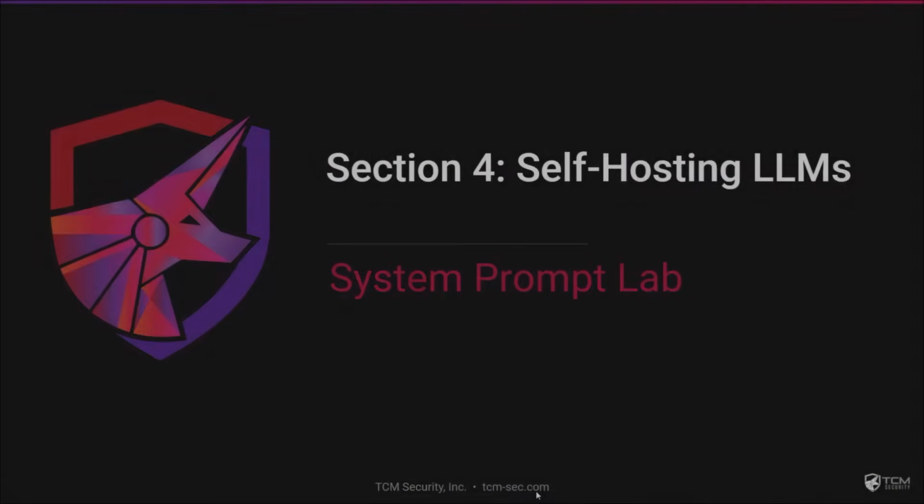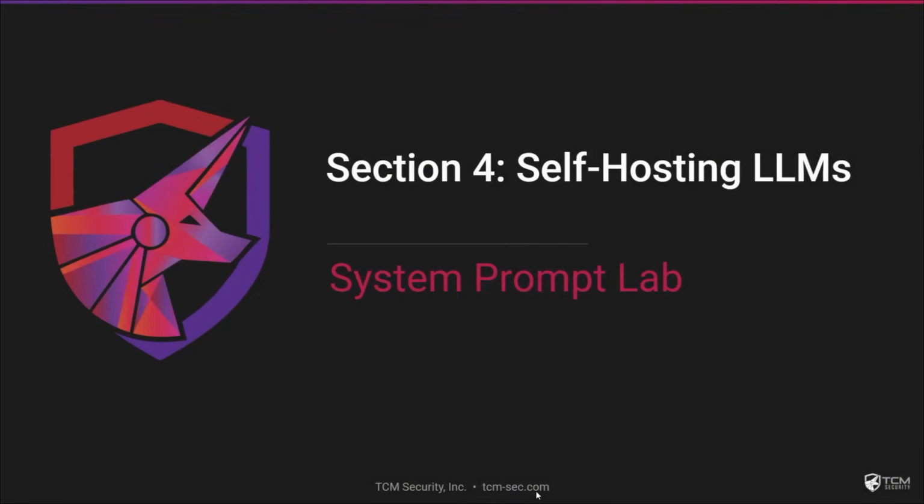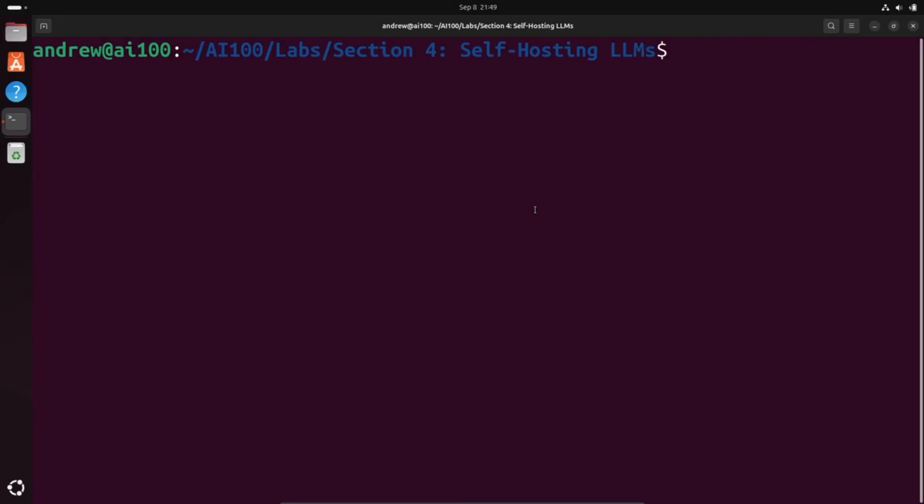In this lab, we're going to take a look at setting the system prompt using the Python script that we learned about in one of the previous labs, and we'll play around with it and see how the system prompt guides how the model actually behaves. So let's hop over to the virtual machine now. So let's launch up that same Python script that we were using before. So we'll go python3